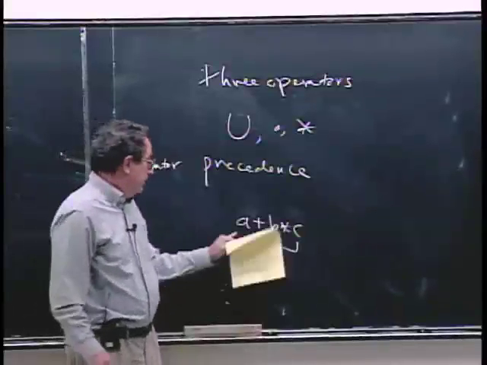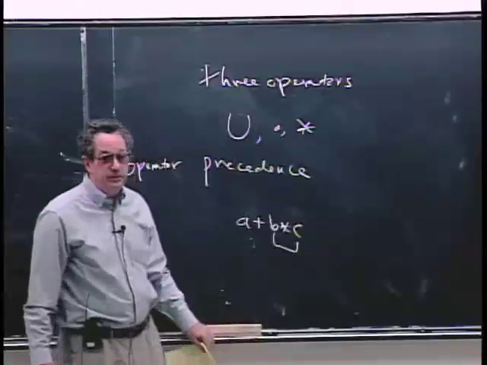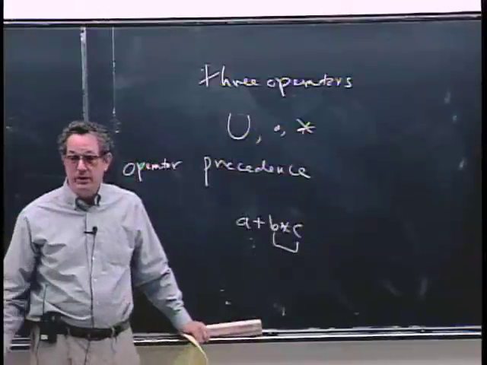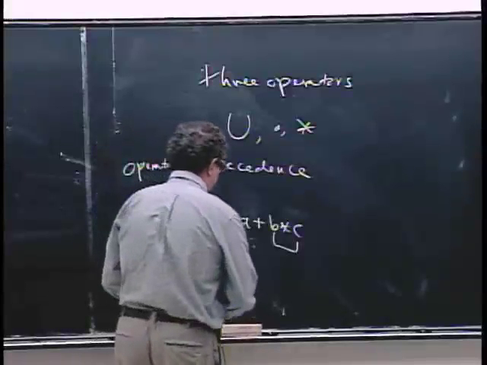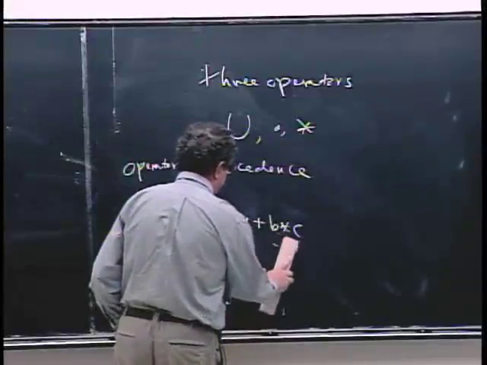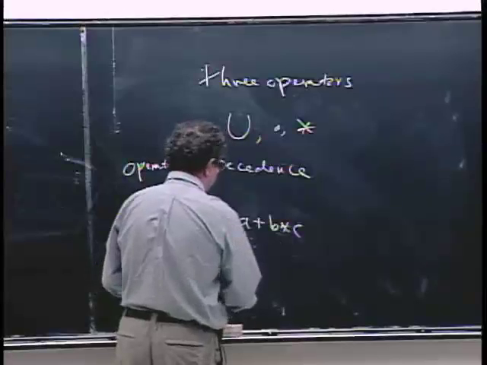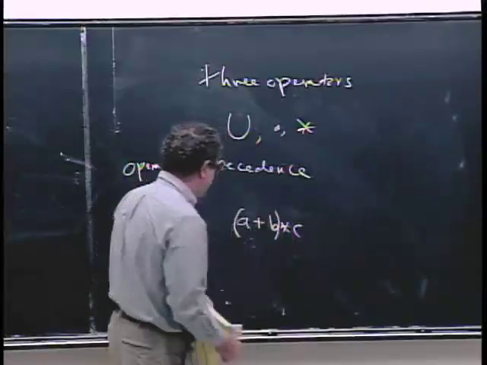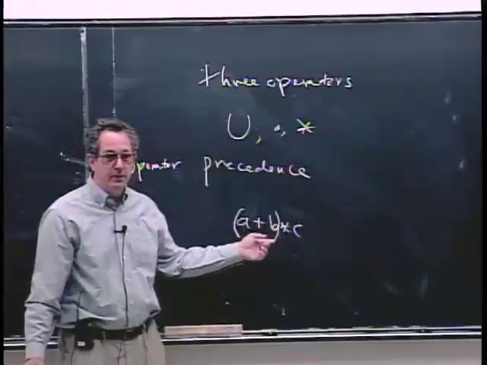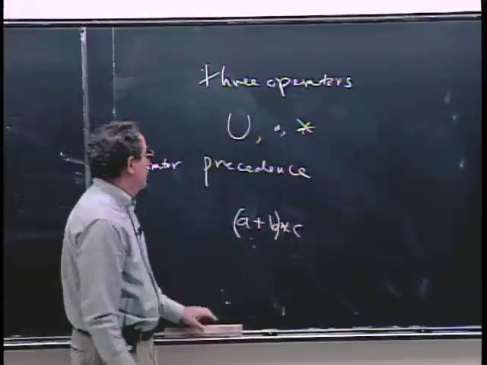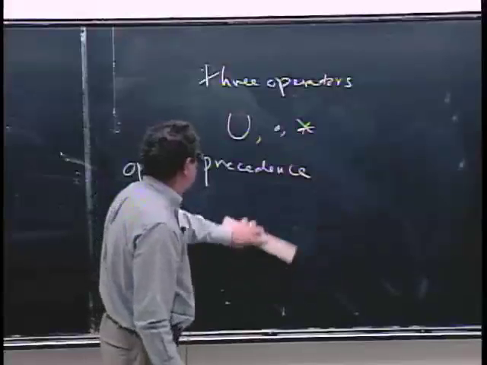If you did A plus B first and then multiplied by C, you would generally get a different answer. So precedence matters. And of course, you can break the normal precedence by using parentheses. If I wanted A plus B to be done first, I can put parentheses there. Well, in regular expressions,